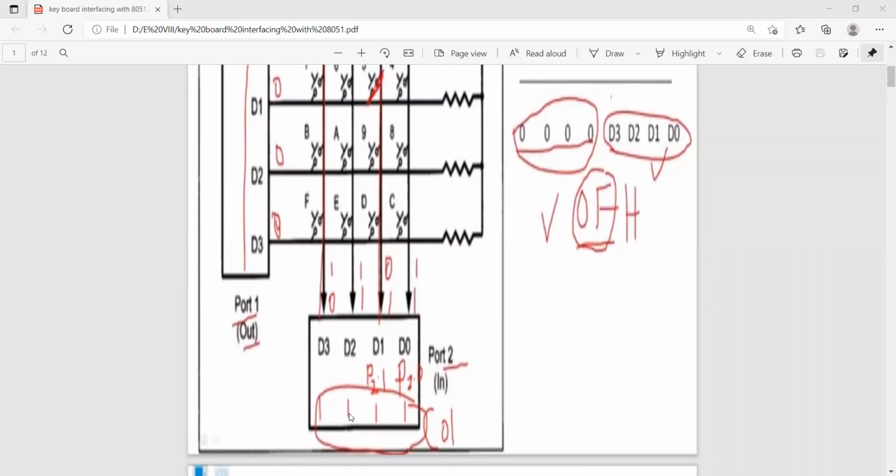The table indicates first key for 0, second key for 1, third key for 2, and like that you can mention all their values. Once you have identified the particular key, you take the corresponding value and display it on the screen.